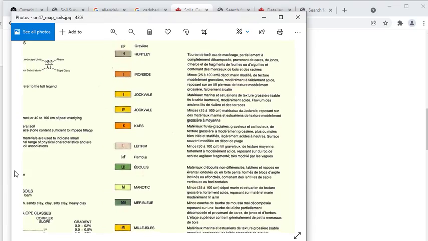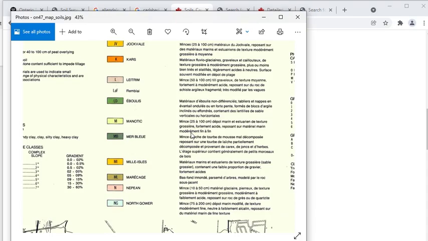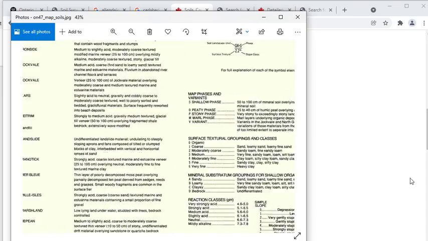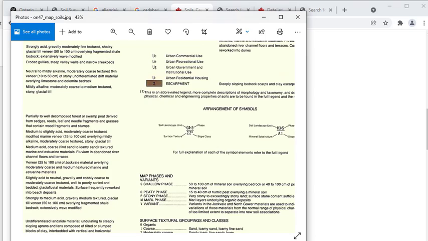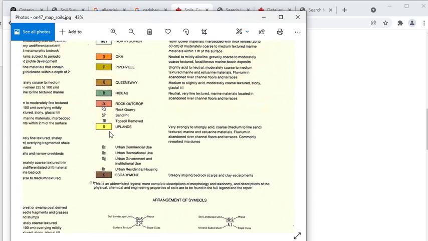There was also U as another type. So if you look at what U is, U is here. It's uplands. So this is the Carlsbad one. Again, strongly acidic. But it's a fluvium in an abandoned river channel. So that was my best guess. It is an abandoned channel between the two creeks. So it's a fluvium deposit, mostly silt-like. It's a fine sand.